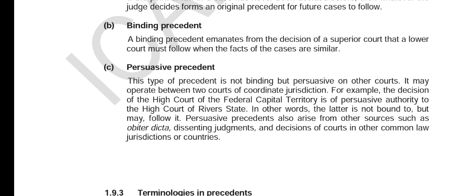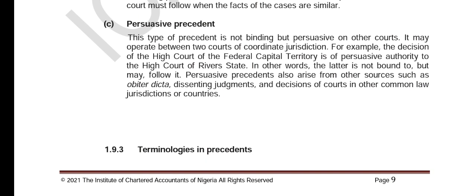They could just decide to pick up similar things that the state high court had earlier used in presiding over that matter, and they could adopt it. But it's not like they are compelled to do it. They're only persuaded to do it. The counsel can actually refer the court to a matter that has been presided over before, and he will plead for the court to adopt the same judgment that has been carried out in that matter over the same case. So it's more or less like persuading the court to follow the matter.